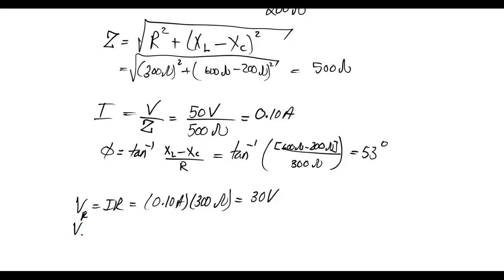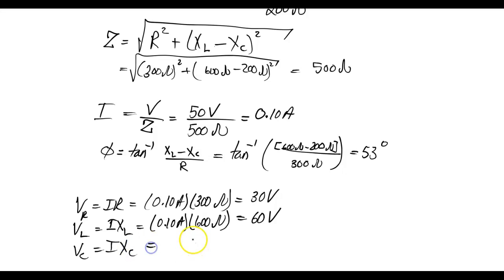V sub L equals I times X sub L, which is 0.10 amp times 600 ohms, or 60 volts. And V sub C equals I times X sub C, which is 0.10 amp times 200 ohms,